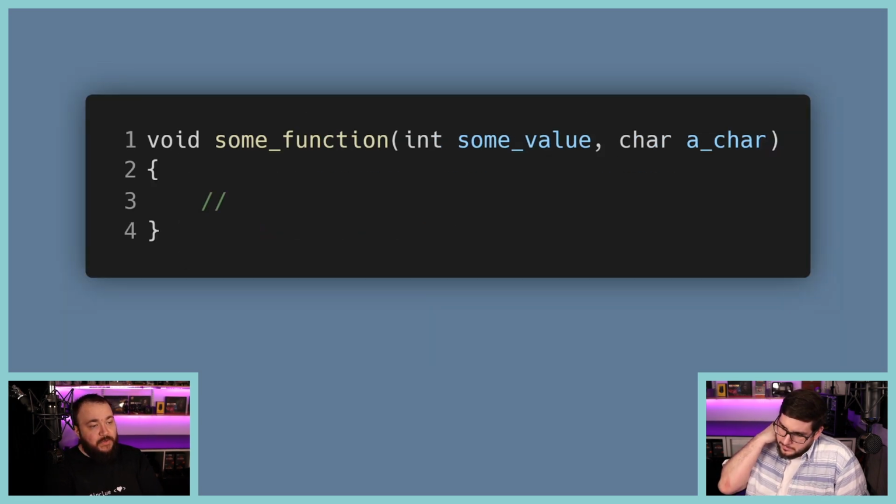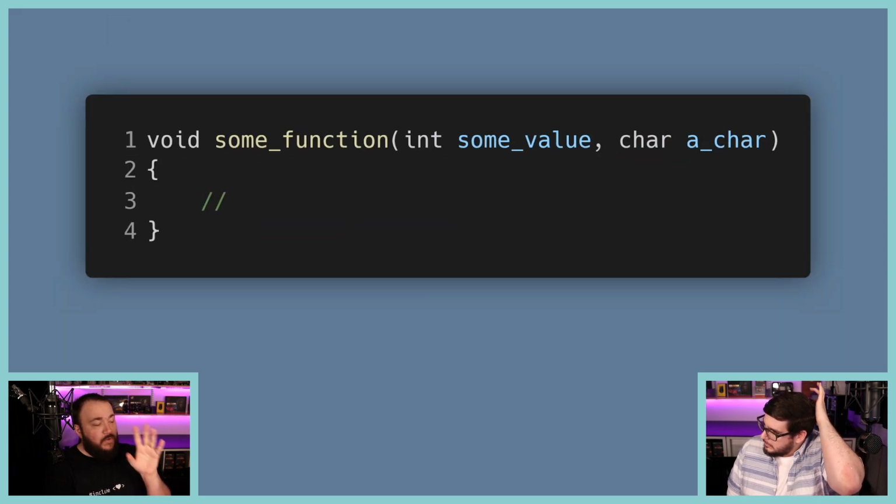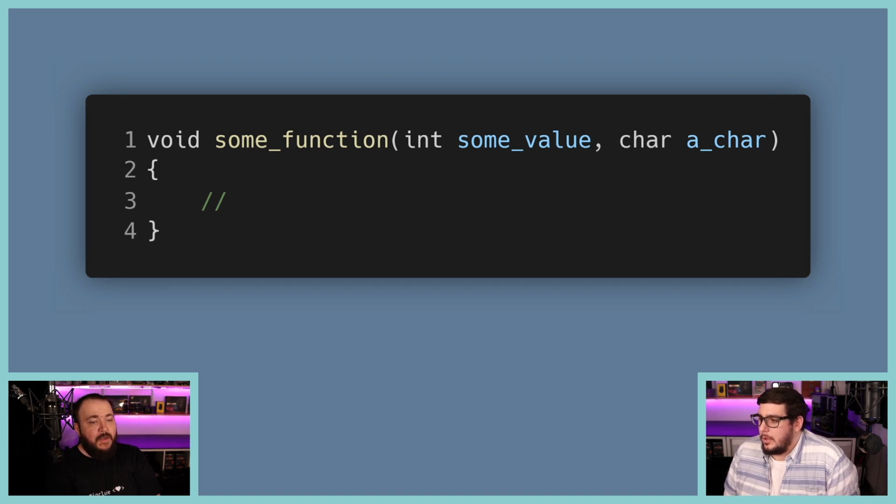You can have a function with the type void as the return value. That just means that you don't return a value from it. You can return from the function, but here I'm returning something, return result. Here, I can do code, I can have ifs, or I can create variables, but I can't say return something, because this says it returns nothing. So there's no return from it. But that's because of the void? Yes.